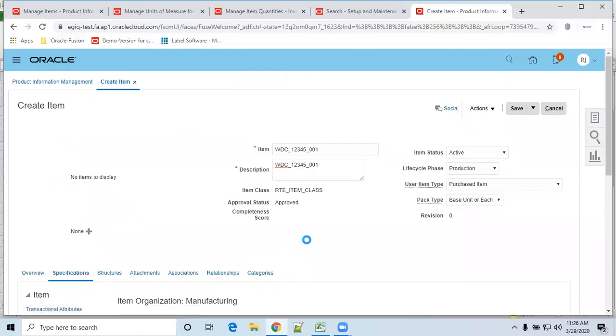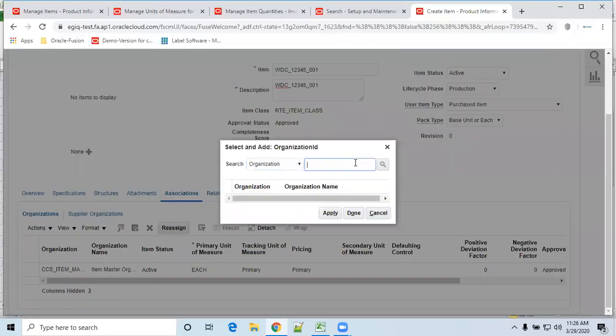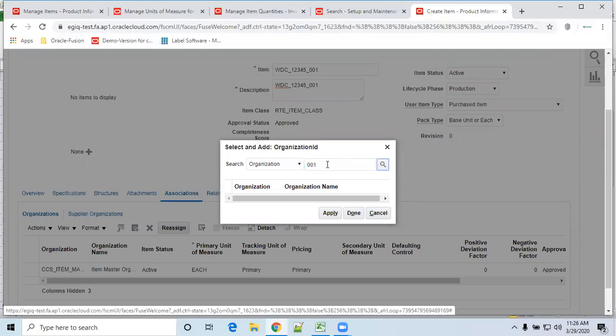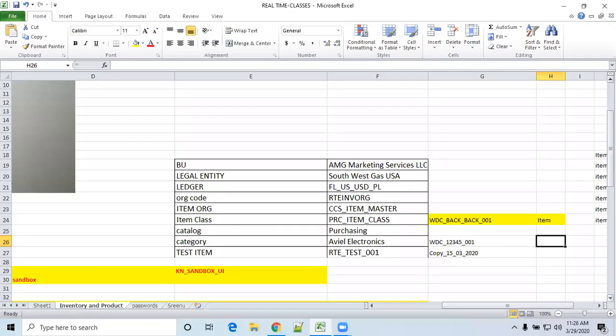Go to associations, and I need to add this one to some specific inventory arc. This one won't come because you have provided item class security, so only specific inventory arcs are allowed. Let me see the organizations here: item arc RTE inventory arc.